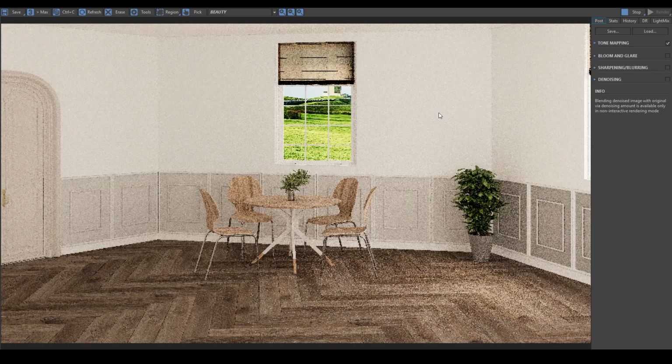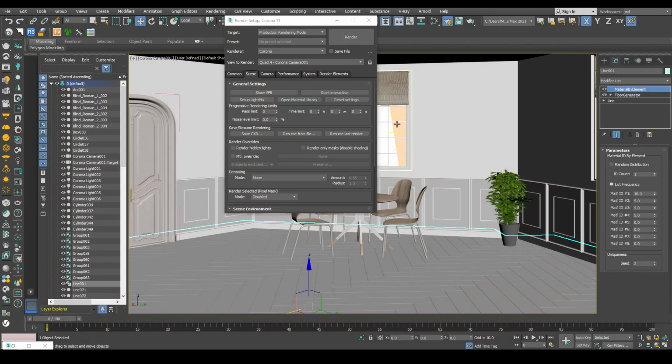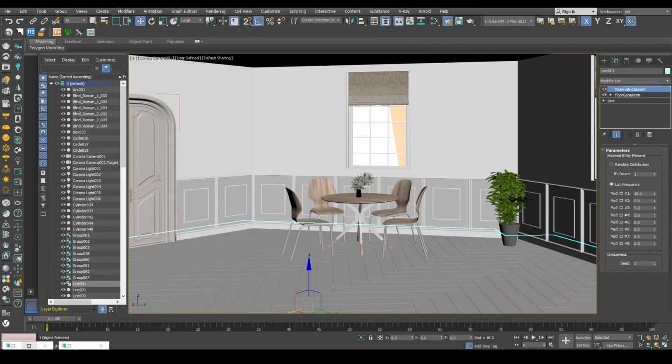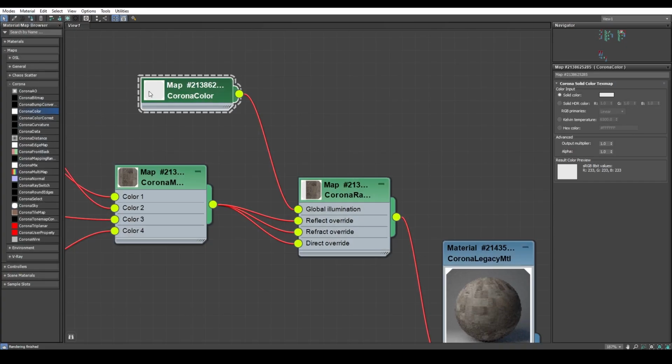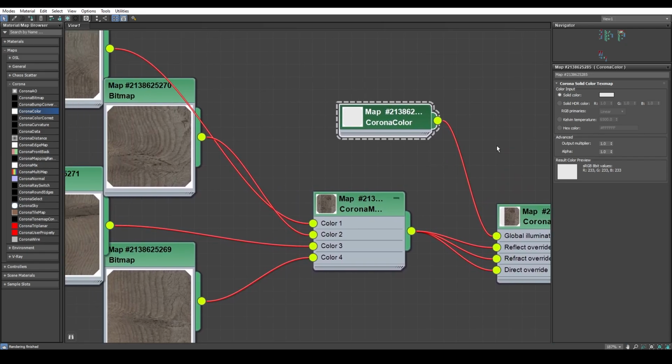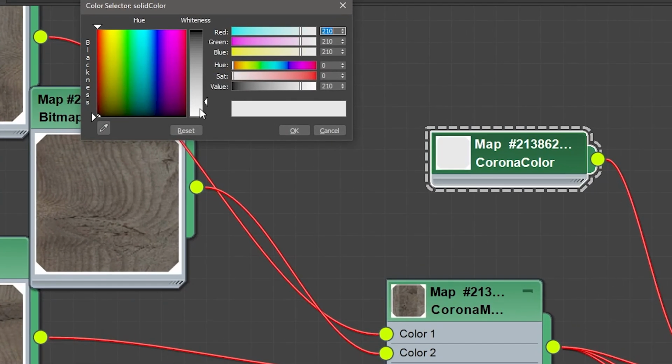The scene becomes significantly brighter, with the room appearing much lighter. Nevertheless, this doesn't necessarily enhance realism. I stop the render. To achieve a more realistic result, I use the eyedropper tool to select a color similar to the parquet